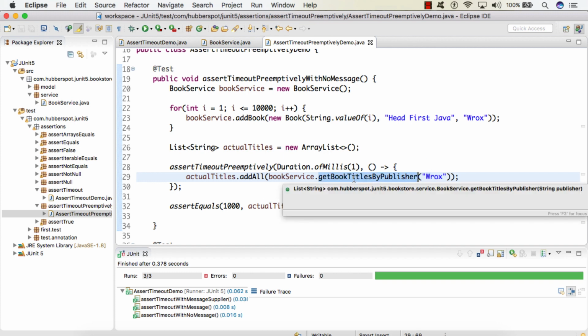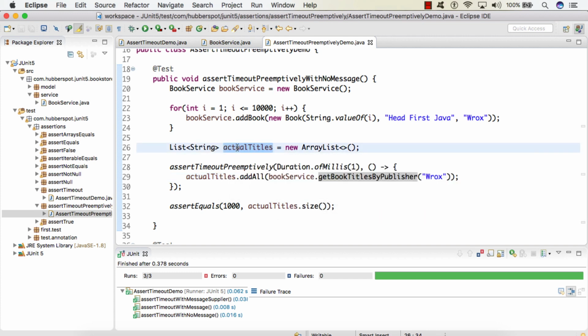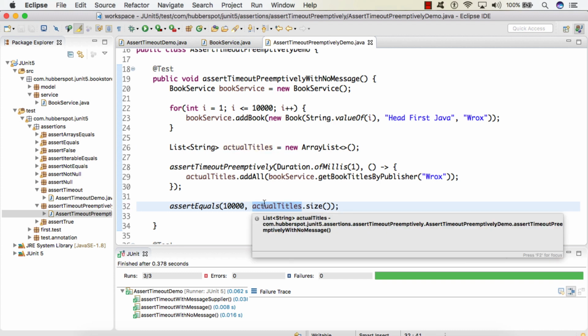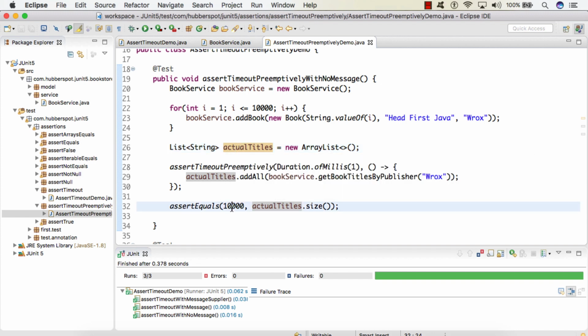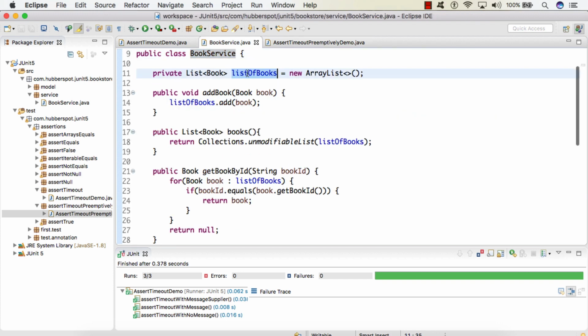Whatever is returned from this method, we store into an actualTitles list, and finally we assert that the size of this list of strings storing titles should be 10,000, because we have added 10,000 books of publisher Vrox. Here you can see the list of books in bookService has 10,000 books.